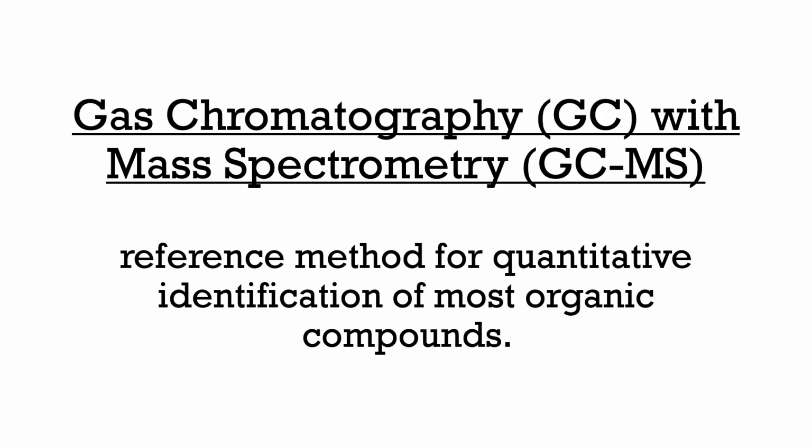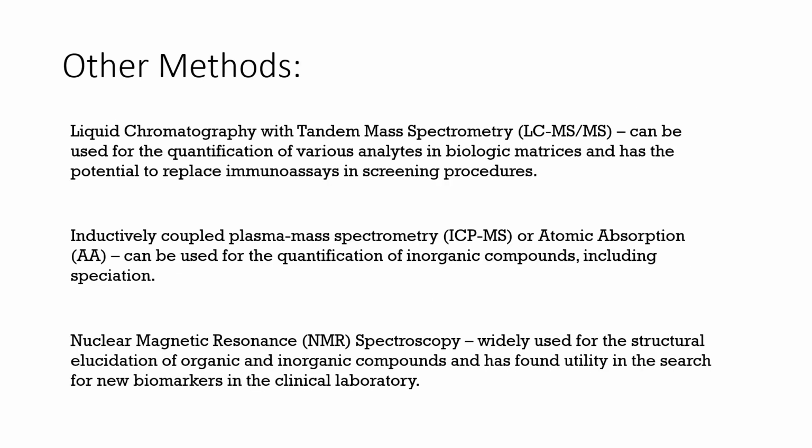Gas chromatography with mass spectrometry, or your GC or GCMS, is the reference method for quantitative identification of most organic compounds. Other methods would be your liquid chromatography with tandem mass spectrometry, which can be used for the quantification of various analytes in biological matrices and has the potential to replace immunoassays in screening procedures. We could also use inductively coupled plasma mass spectrometry, or atomic absorption, which can be used for the quantification of inorganic